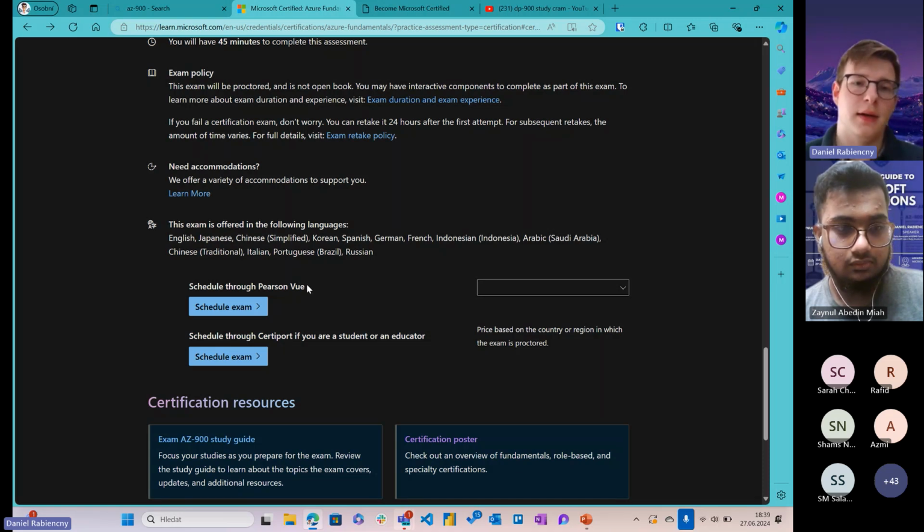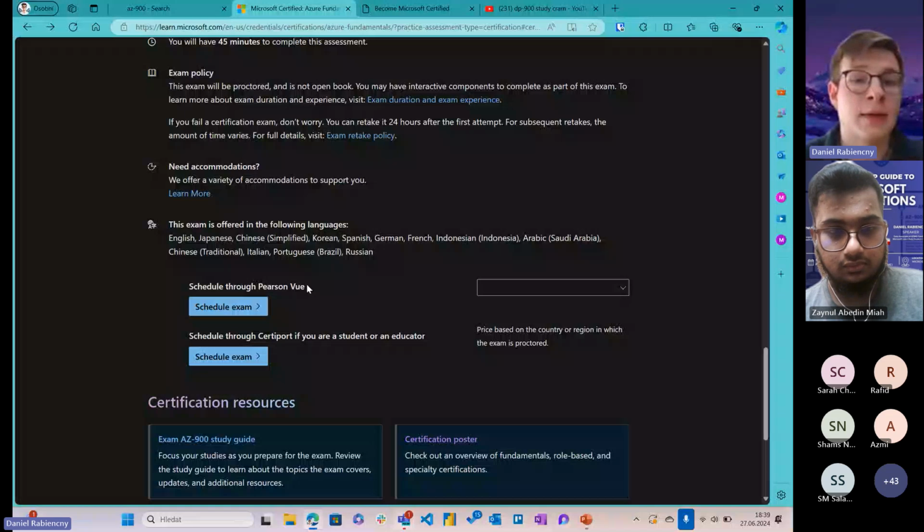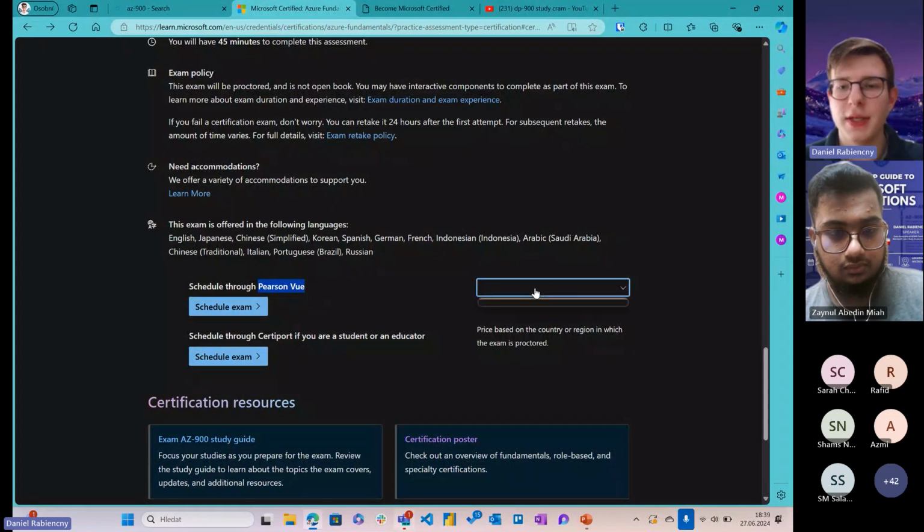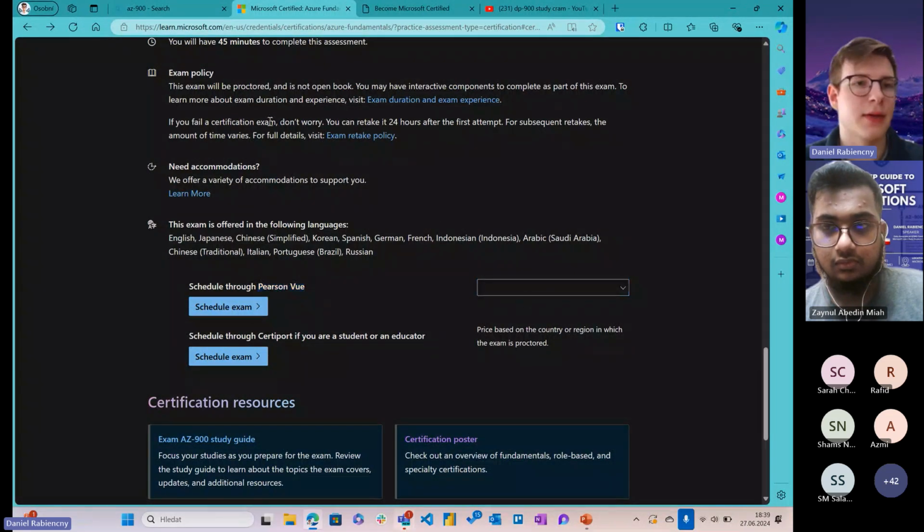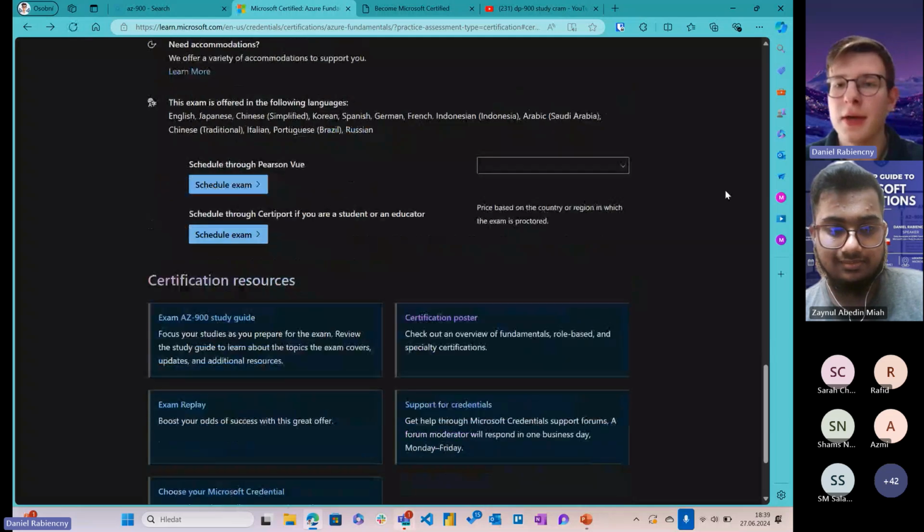But when you actually get a voucher for the exam, and that's another thing that I will mention. When you get a voucher, for example a 100% discount for the certification exam, the majority of the vouchers that Microsoft offers are to be redeemed through Pearson VUE. But before you click on the schedule exam button, and I don't know why it's so glitchy now,